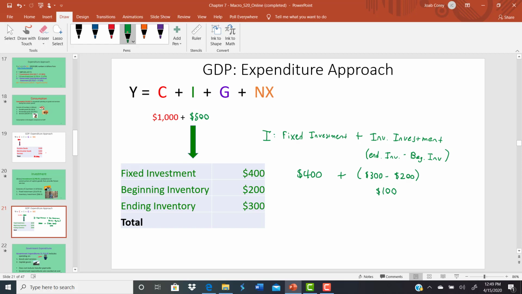Right. So again, be very careful in terms of when you see these numbers, how to calculate out these different components. Right. So again, our investment equation is fixed investment plus inventory investment, and that inventory investment is ending inventory minus beginning inventory. So again, make sure you know how to calculate that component of GDP as well. All right, continuing on,